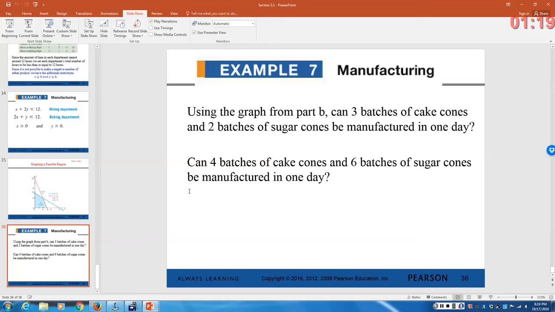Graphing the feasible region will tell you if certain solutions are possible or not. We haven't gone into the idea of optimizing yet. Optimizing is where you can maximize or minimize profit. So we haven't gone into something called an objective function. But we have applied systems of linear inequalities. So at this point, I'm actually going to